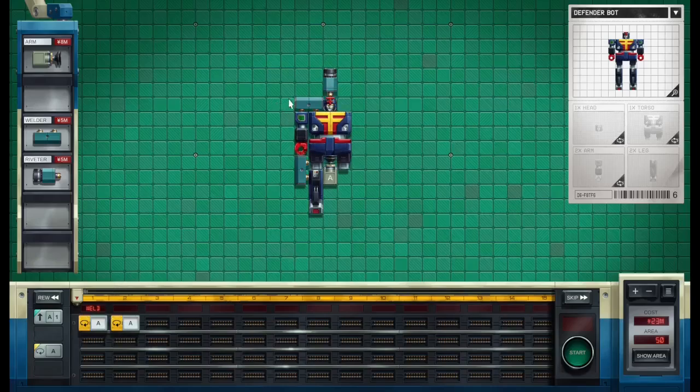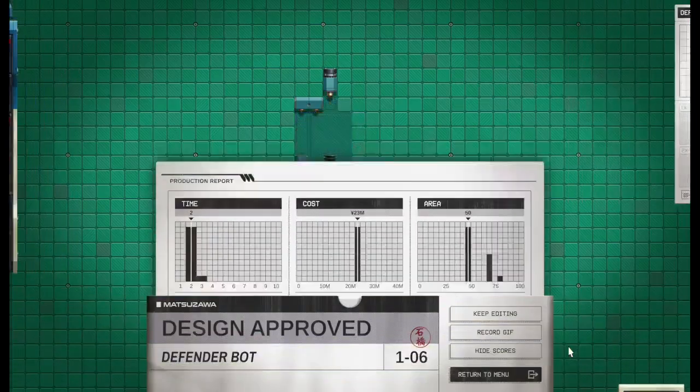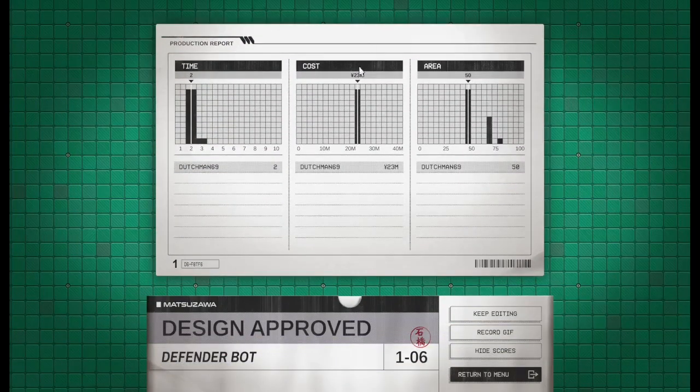I might be able to do this with fewer welders if I was more comfortable adding movers and having a longer program to slide things together and put them in the right place. Right now, I have 2 welders, a riveter, an arm. Everything is placed in just such a way that I can do it in 2 motions and then put it back, which saves on time, but kind of costs. You can see on the histogram there are some people who use much more area. Nobody's really changed the cost at all,